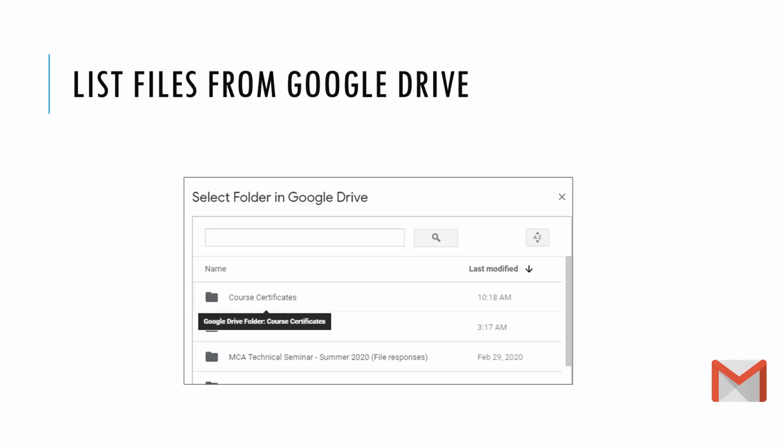The effective way to use it: suppose I have hundreds of students, and their certificates are loaded in the Google Drive or available anywhere. The best option is to keep them in Google Drive. On the Google Drive, I have created a folder called course certificate, and this folder has all the certificate documents. So when I select the third option, you will get this kind of window. If I click on the course certificate folder, it will